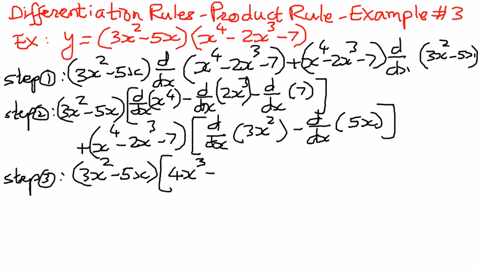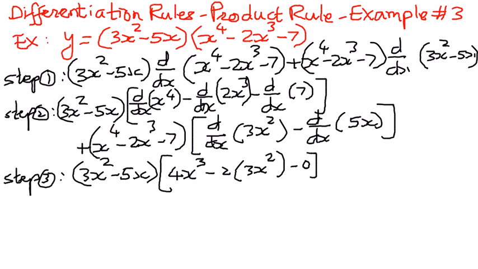minus d by dx of 2x cubed. So 2 is a constant. So x cubed, n is equal to 3 there. So therefore 3x to the power of 3 minus 1, which is equal to 2. So then minus d by dx of a constant number 7 is going to be equal to 0. So we put a 0 there, and then go to the next part of